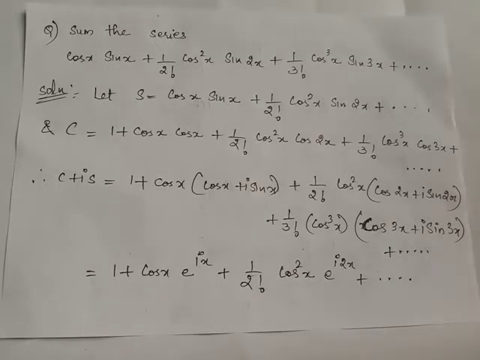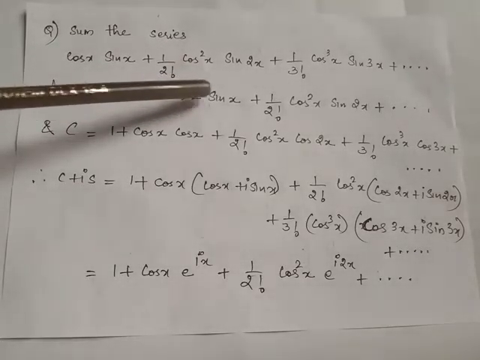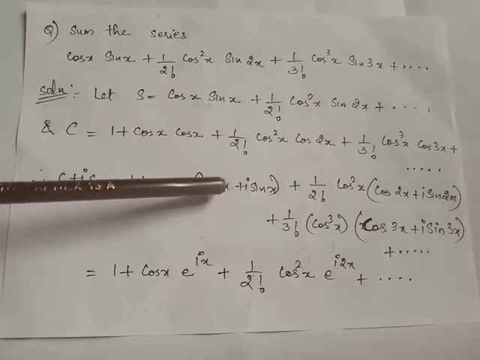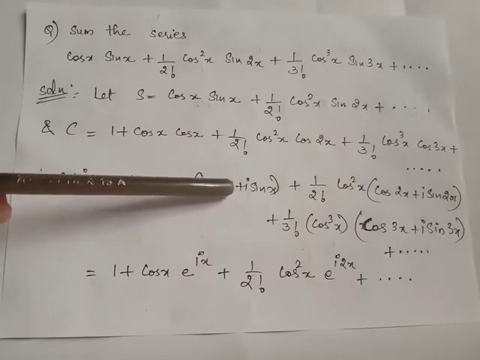the first term of C series is 1. We have made use of this 1 as the first term of C series because we have an application of this 1 in the following steps. We are grouping the terms cos x sin x and cos x cos x. Cos x taken outside, we are left with cos x plus i sin x, which can be replaced by